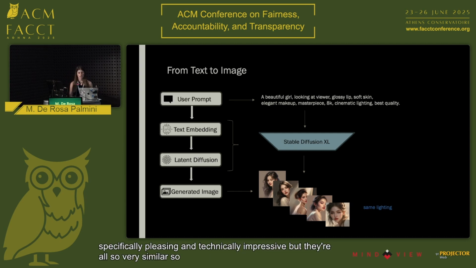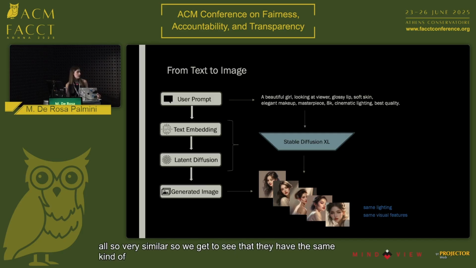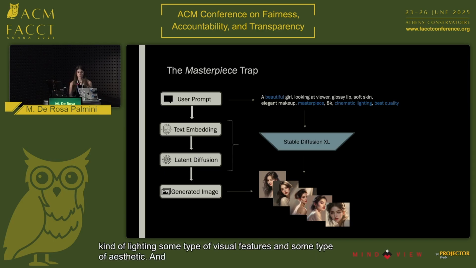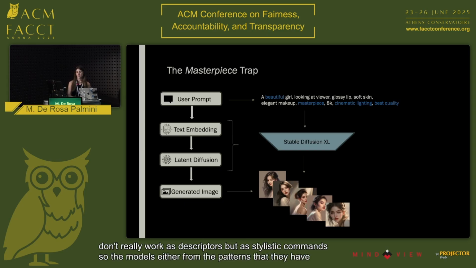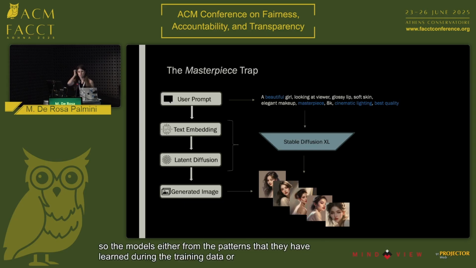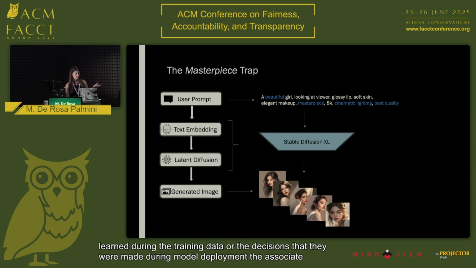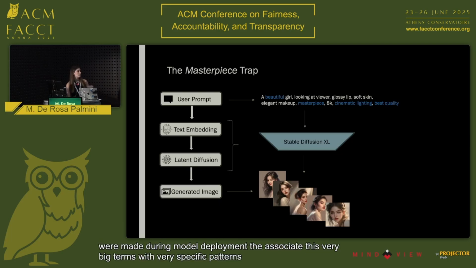So we get to see that they have the same kind of lighting, same type of visual features, and same type of aesthetic. And what is happening here is that these very vague words like beautiful, cinematic lighting, best quality, they don't really work as descriptors, but as stylistic commands. So the models, either from the patterns that they have learned during their training data or the decisions that were made during model deployment, associate these very vague terms with very specific patterns,